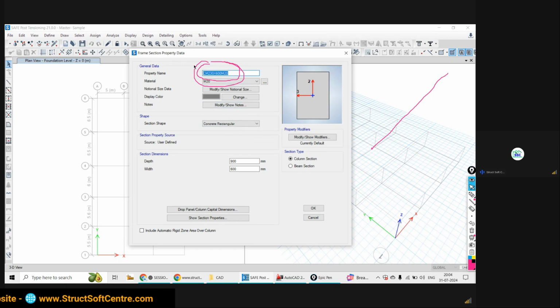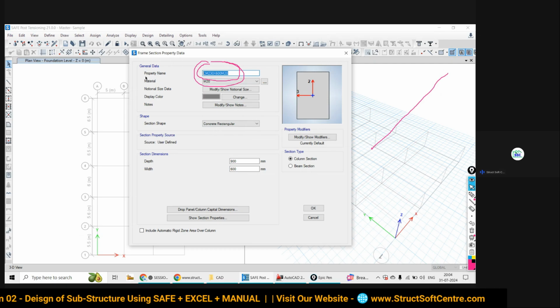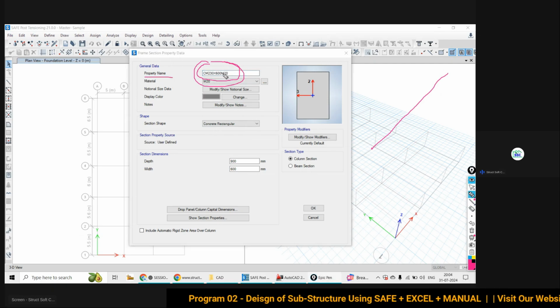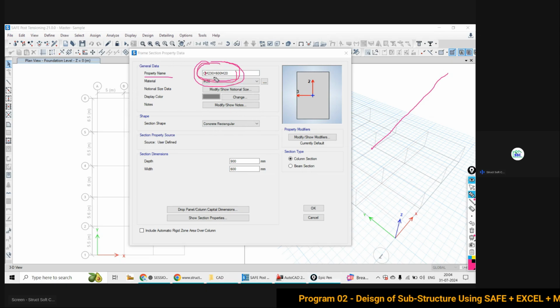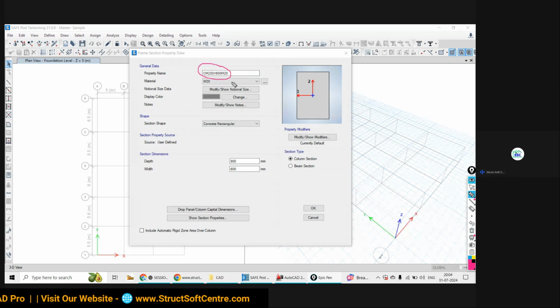If you have any other practice, any other approach, that is fine, because it does not have any role in analysis and design. आपका इसका कोई रोल नहीं है, सिर्फ ये नेम है. आप इसको वन भी दे सकते हो, C1 भी दे सकते हो, कॉलम वन. You can give any name, your choice. So the reason behind why I have chosen this approach, I have explained that.